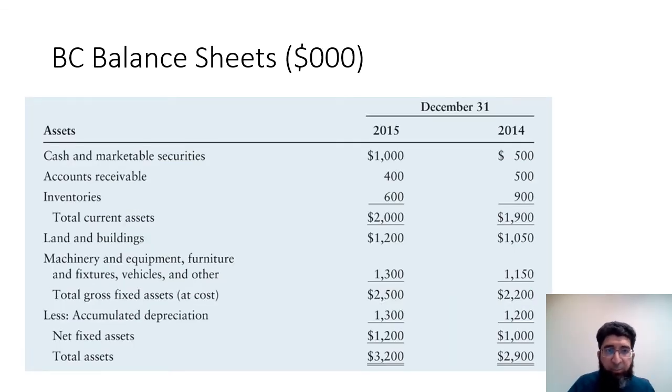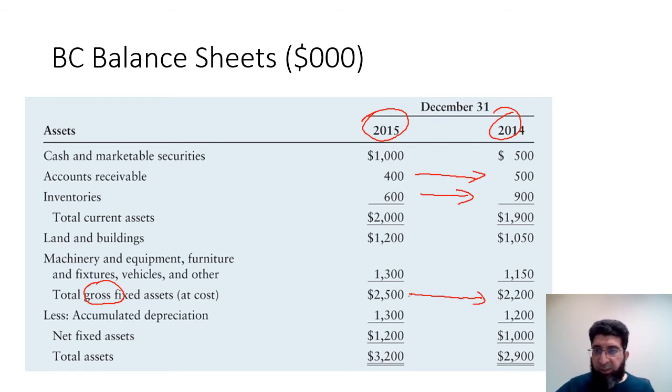Similarly, in the balance sheet we have all the changes. So we have 2015 and 2014, and we have to see whether this increased or decreased. Similarly for the fixed assets, when we are going to calculate the investment, we are going to use the gross fixed assets at cost and not the net. Let's look at the